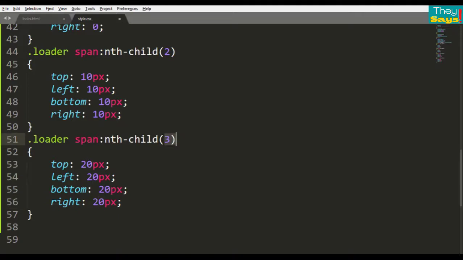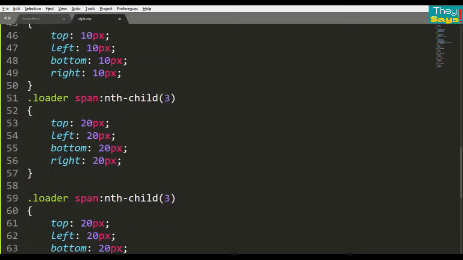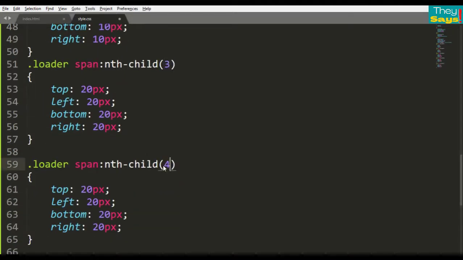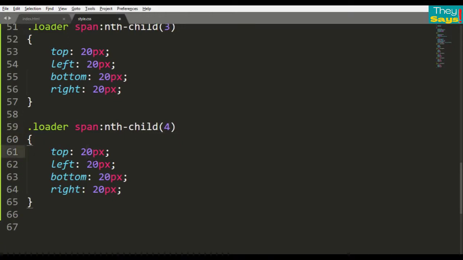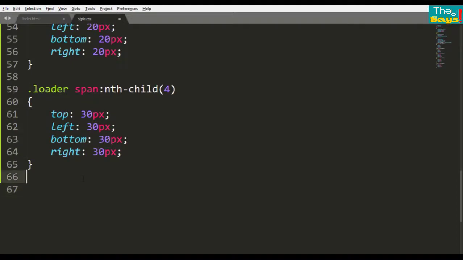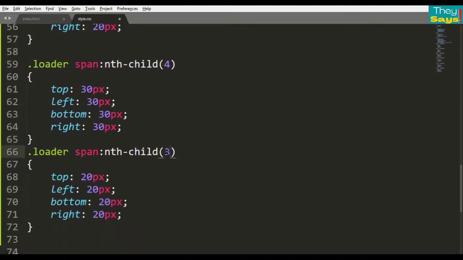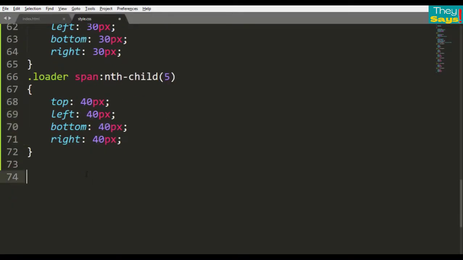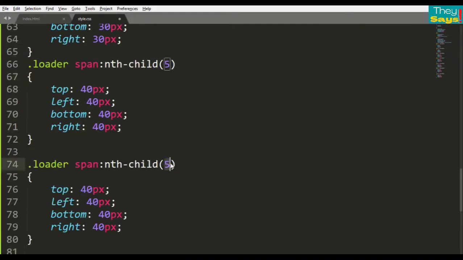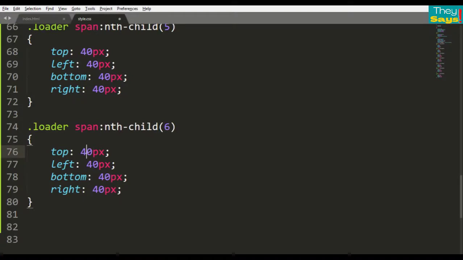for third child. Again copy it, paste, child number 4, position value is 30px. Paste, child number 5, position value is 40px. Copy, paste, child number 6, position value is 50px.